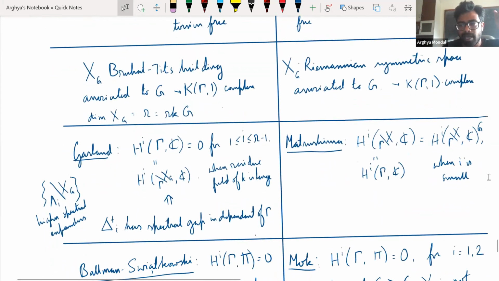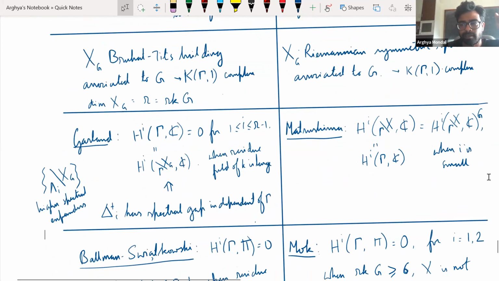And what Matsushima was trying to do was look at not the vanishing of the cohomology, but up to what dimension the cohomology is the same as the G-invariant cohomology. So what that means is that you have the de Rham complex of X, and you have a bunch of